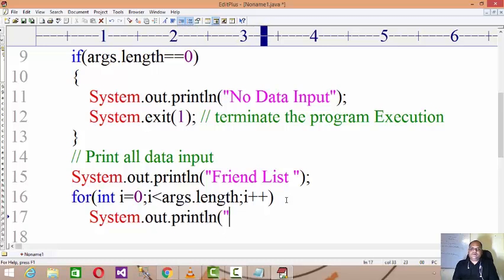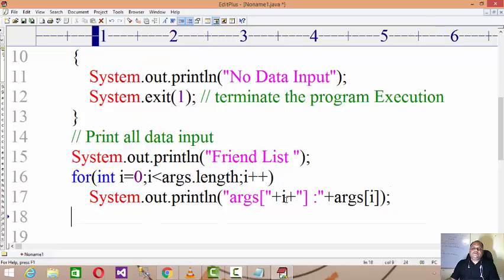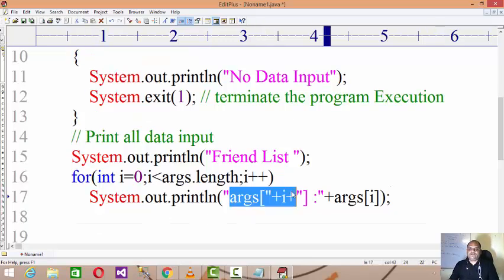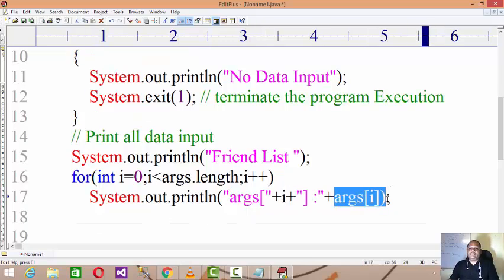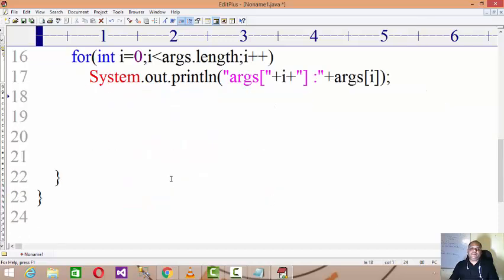I can write System.out.println, args[i]. I will print the subscript number also, and then plus the actual value of args[i], right? So physically it will print args[0], and then whatever data is available in args[0] will be printed over here.